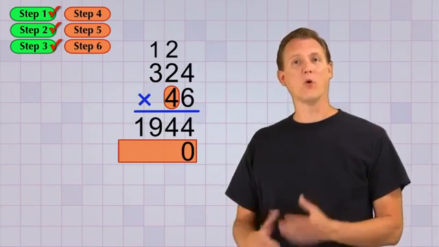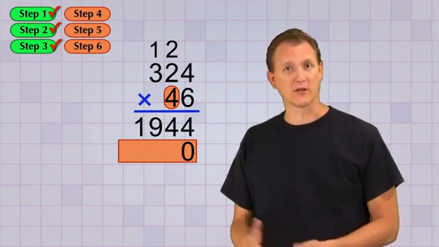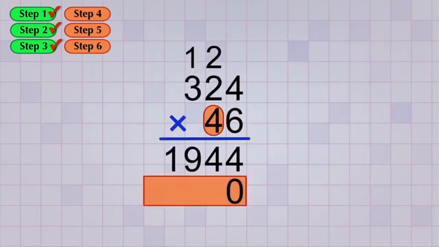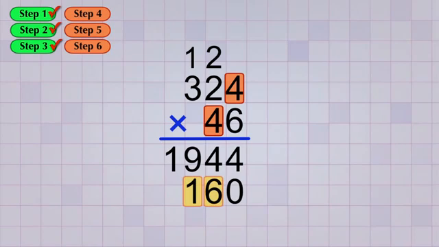And now you see why we always put the number with the fewest digits on the bottom when we're multiplying. But let's continue with our problem. Let's do the first step of our second bottom digit. We multiply that digit, 4, by the ones place digit of the top number, which is also a 4. 4 times 4 gives us 16, and that goes in our second answer line, right next to the extra 0